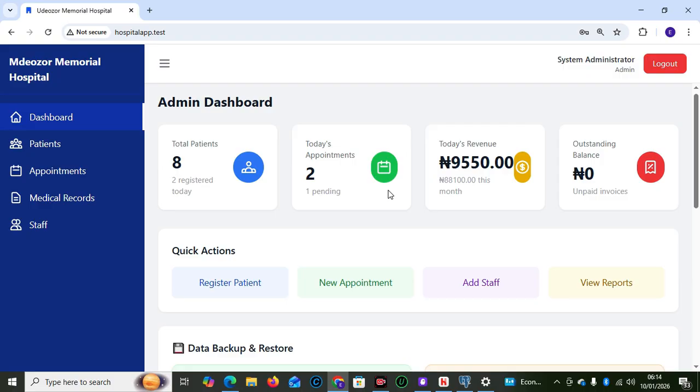Let me quickly summarize the patient journey with the correct payment flow. First, the patient registers at reception. Second, the doctor examines the patient and orders a lab test. Third, the patient goes to the cash office to pay for the lab test first. Fourth, the lab runs the test after payment is confirmed. Fifth, the doctor reviews the result and prescribes medication. Sixth, the patient goes to the cash office to pay for the medication. Seven, the pharmacy dispenses the drugs only after payment is confirmed. And finally, the patient goes home. So no payment means no service. This ensures the hospital remains profitable and